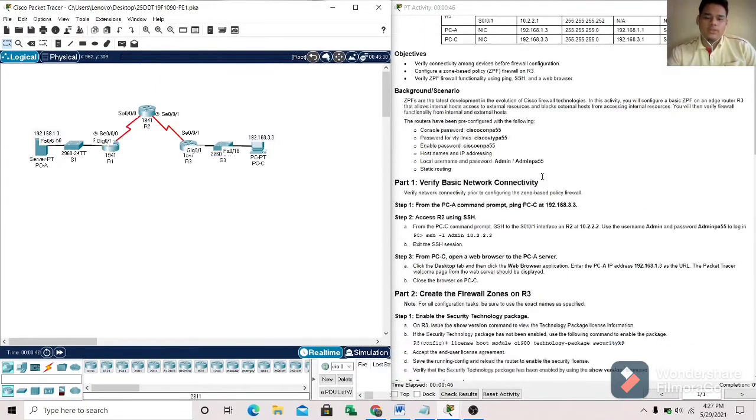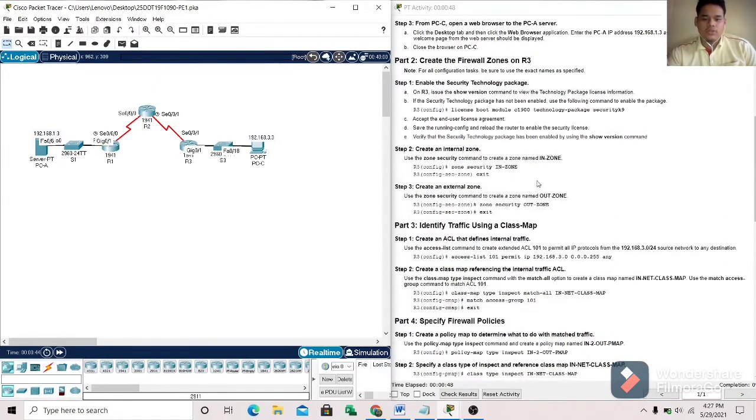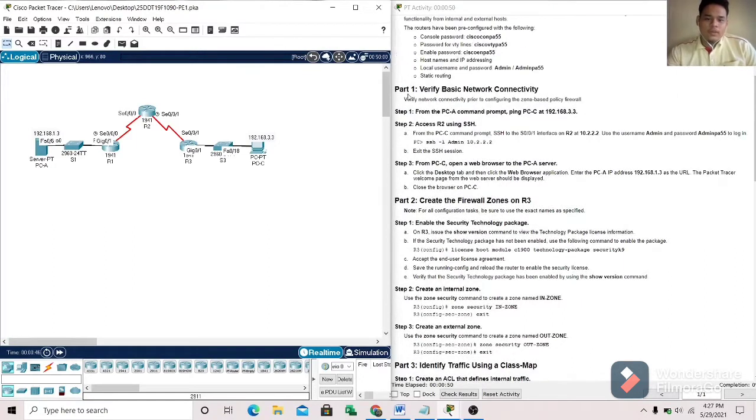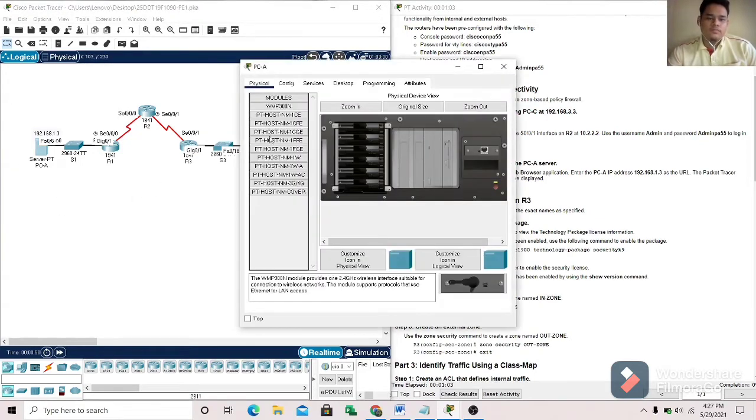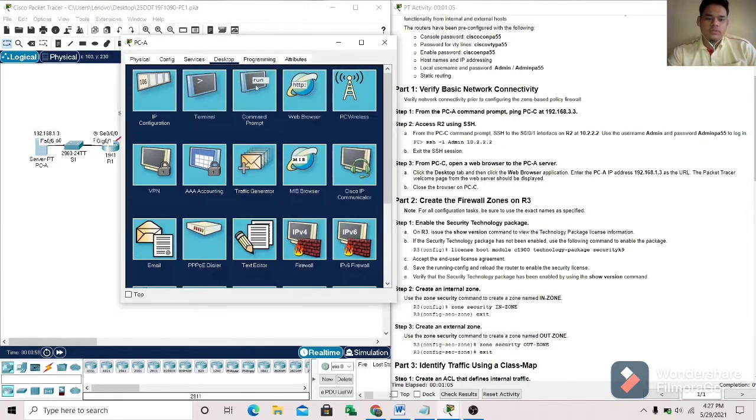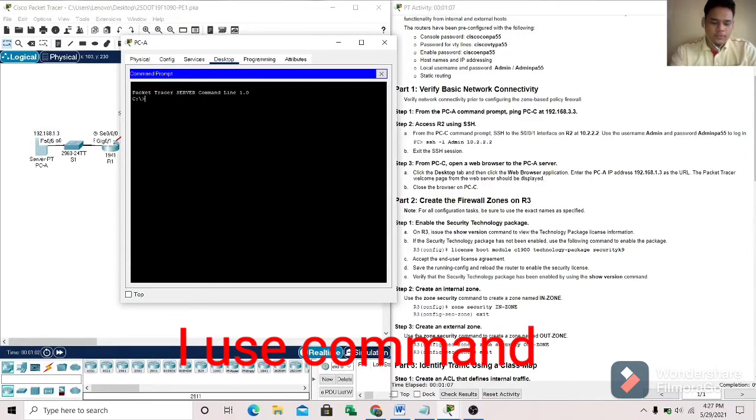So hari ini saya akan buat video mengenai PE1 Network Security. Part 1, Verify Basic Network Connectivity. Step 1, from PCA kita nak ping di PCC. So pergi ke desktop, pergi ke command prompt,